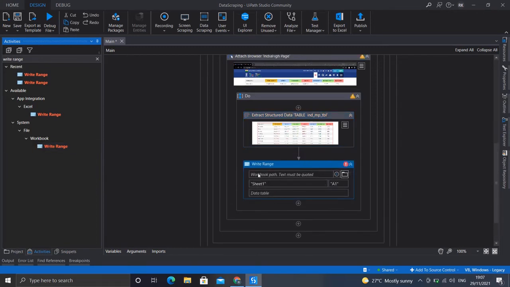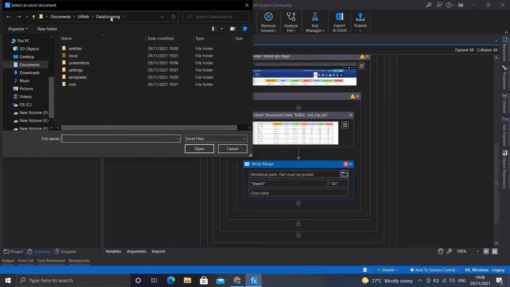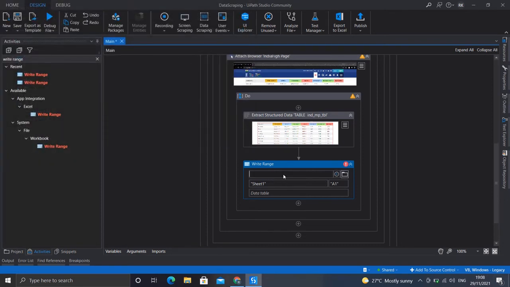Now I need to enter a workbook path where this Excel file will be created. Till now we have not created any Excel file, so this activity can take care of that also. We just need to give it a path name. So let's browse, and I'll copy the path of this process itself and paste it here.